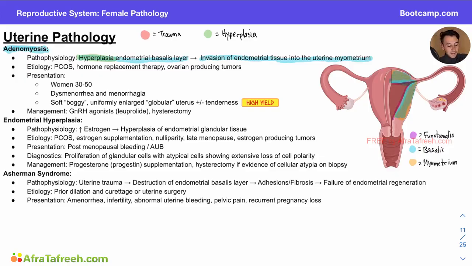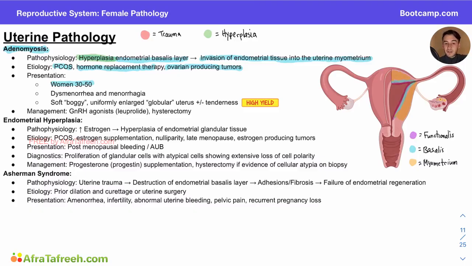I'm going to erase this increase in blue here because we need to use this diagram later, but you guys get the idea of what is happening, and this is all due to increases in estrogen. So if you have a patient with PCOS or on hormone replacement therapy, or perhaps an ovarian tumor that is producing estrogen, we are going to get increases in estrogen, and this hyperestrogenic state is what causes this hyperplasia of the basalis layer. So we're expecting a patient who is between 30 and 50 years old